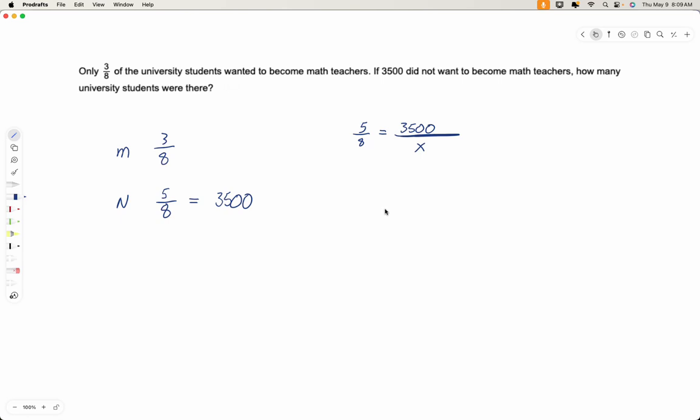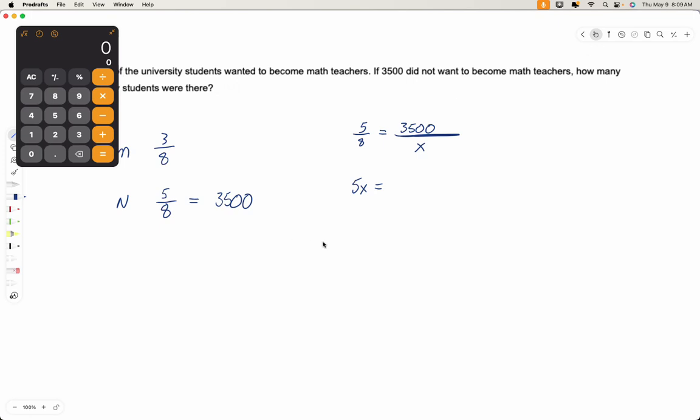All right, so now we can just cross multiply. 5 times x is 5x, and 8 times 3,500. I love this new software I have because my calculator stays open when I click down on here, which is nice. The other one goes away whenever I click, and I have to go back and forth a lot. 8 times 3,500 is 28,000. It also shows me what I'm doing, so I don't have to guess at what was on the calculator or try to remember it. It stays, which is nice.